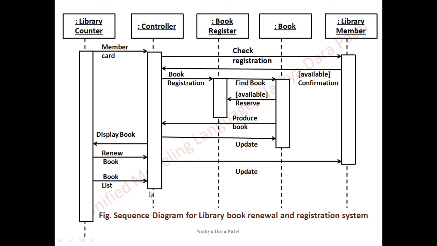So this was just a small attempt to explain how to place and work with sequence diagrams. This is just a simple part of renewal and registration. Go through the symbols and the placing of the sequence diagram. All you need to do is find the objects, find the interaction between them, and find the sequence of interaction and the sequence of objects coming into the picture. Once you get the sequences, place them in the respective symbols.